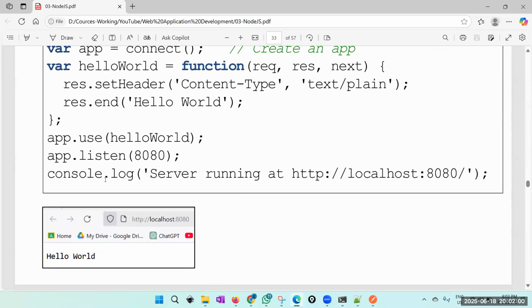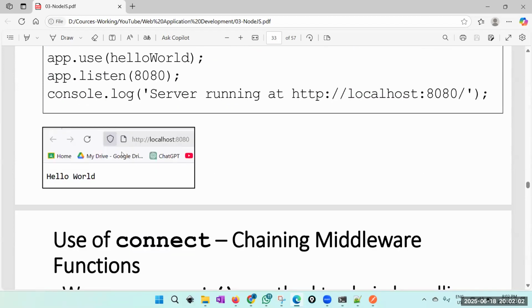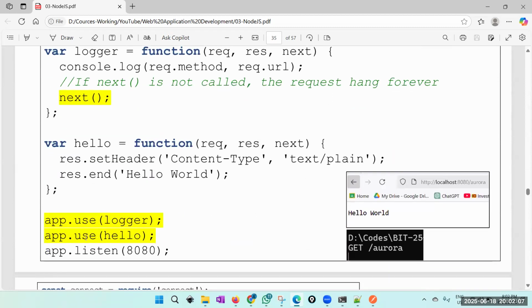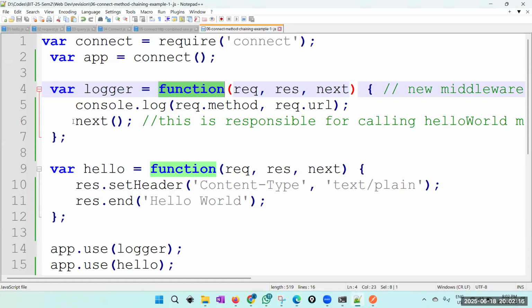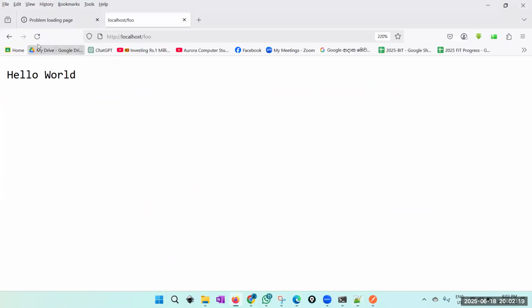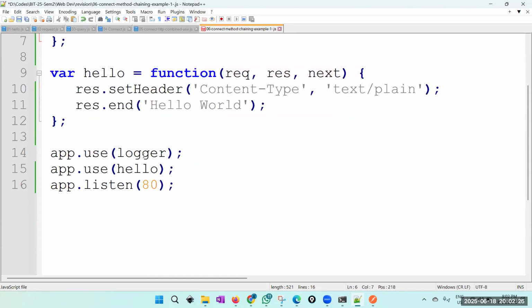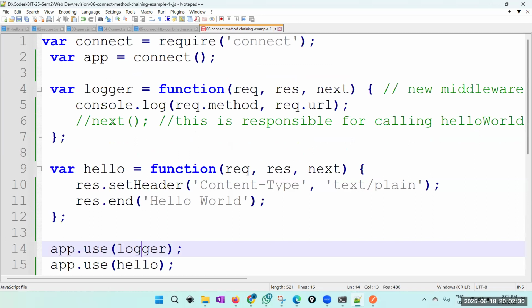And we know how to change also using the next call, right? But again, you need to call them. If you don't have this next, you will not get the response. It will hang. For example, now this is working. But if I comment this out, just because you call this, it doesn't mean this is getting called. It will hang. For example, now if I refresh my browser,